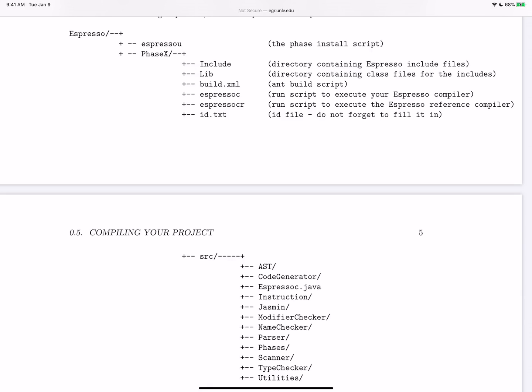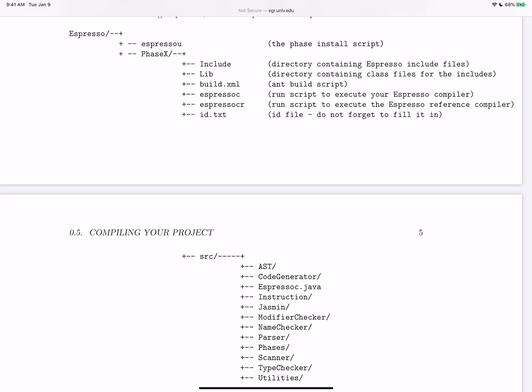I will show you how to get it in a second, and I'll write it down in the notes as well. You use that script to install handouts. Every time you install a handout, you get a phase 1, phase 2, phase 3, phase 4, phase 5, and phase 6. And inside each phase, you basically have the same structure.